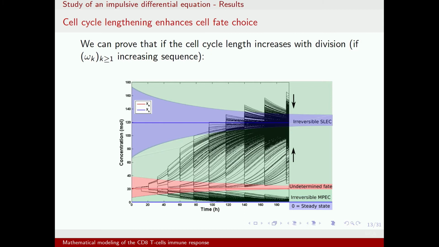And so if we consider now that the cell cycle is lengthening, so in this simulation, after each division, the cell cycle increases, then the undetermined region becomes thinner and thinner, and then you can see that at the end of the simulation, there are no longer cells